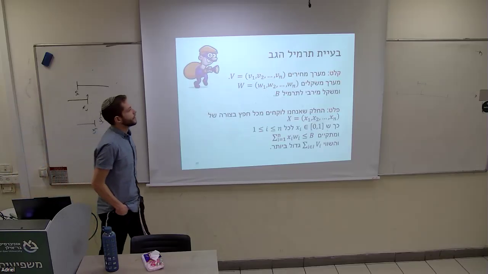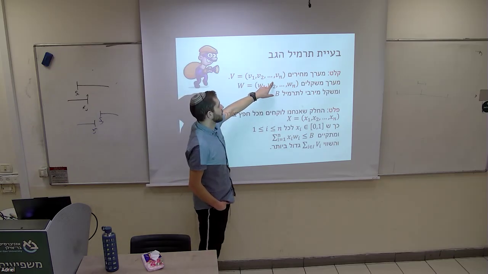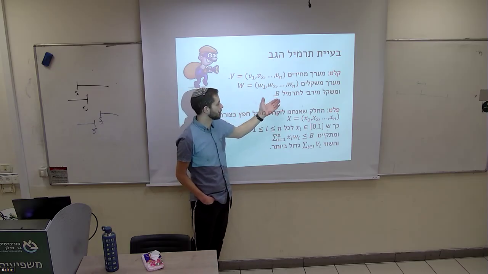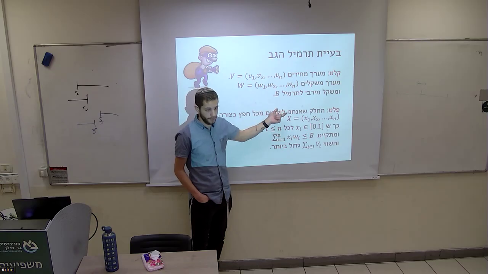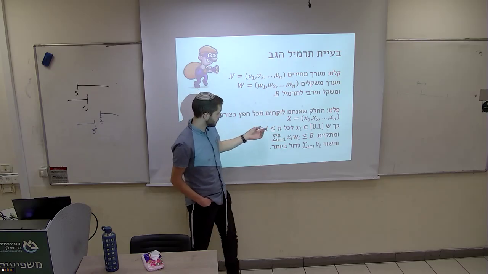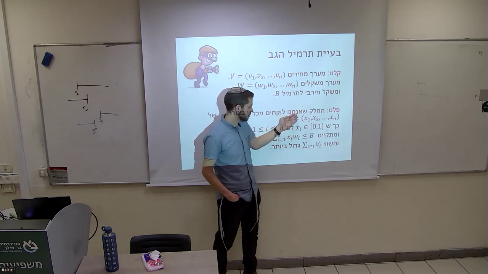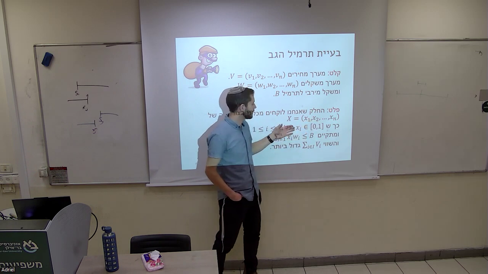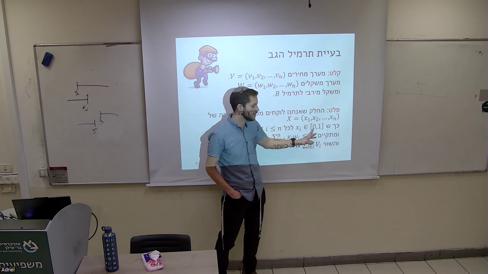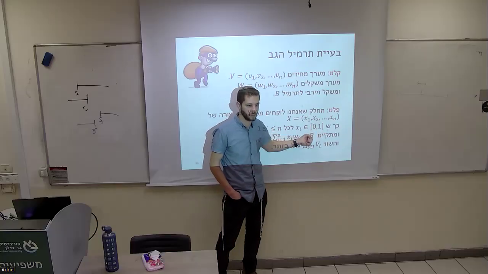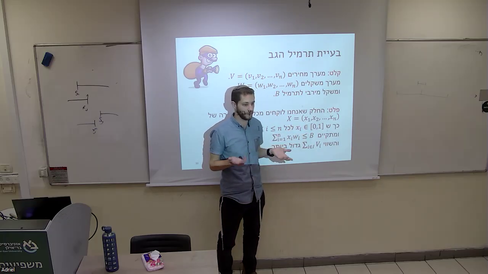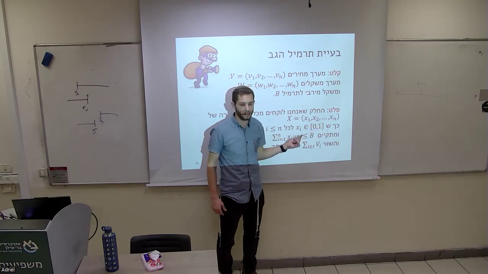So formally, it's written as such. The input is an array of prices, an array of weights, and the maximal weight that you can take in the knapsack, B. The output that we want is a set x, which equals x1, x2, x3, x4, and each xi is in the range of 0 to 1. This tells you how much of the item you're taking. If x1 equals 0, I'm not taking any of the first item. If it equals 1, we take the whole item.